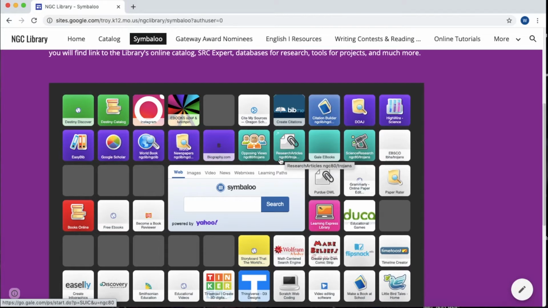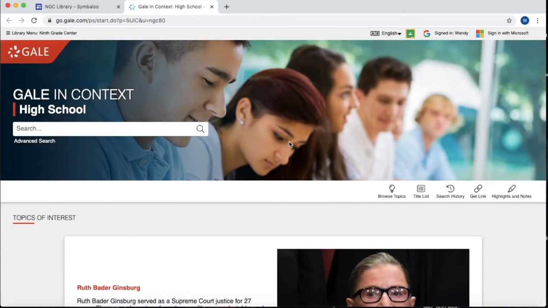This is our username and our password. Now, if you're logging in on the school network, it's possible they won't ask you for the username and password. But if you're using a home network, it will most likely prompt you to enter that information. So it's right there for you on the tile. Simply click on the link, and it's going to take you to the Gale in Context High School Research